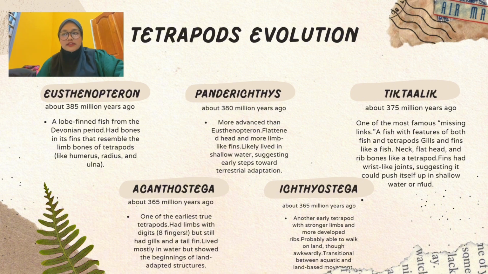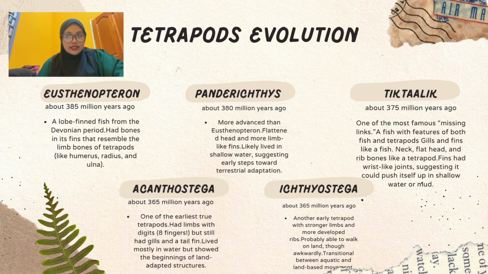The first one is Eusthenopteron, Panderichthys, Tiktaalik, Acanthostega, and Ichthyostega. Eusthenopteron, about 385 million years ago, a lobe-finned fish from the Devonian period, had bones in its fins that resemble the limb bones of tetrapods, like the humerus, radius, and ulna. For Panderichthys, about 380 million years ago, more advanced than Eusthenopteron, it had a flattened head and more limb-like fins,